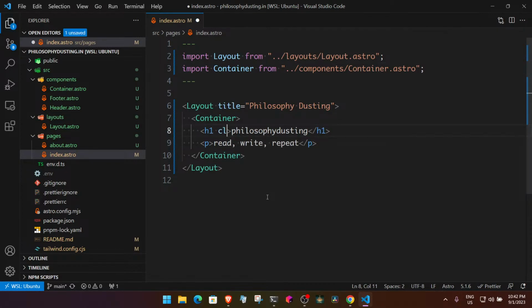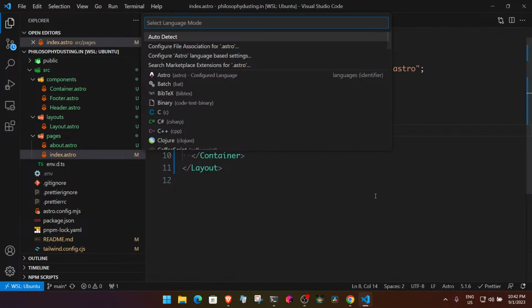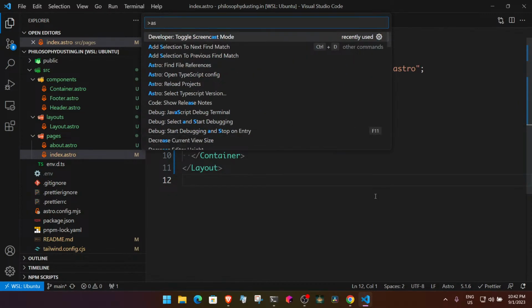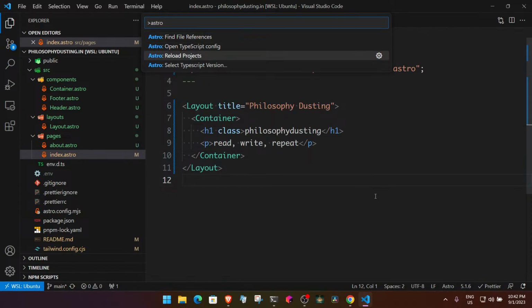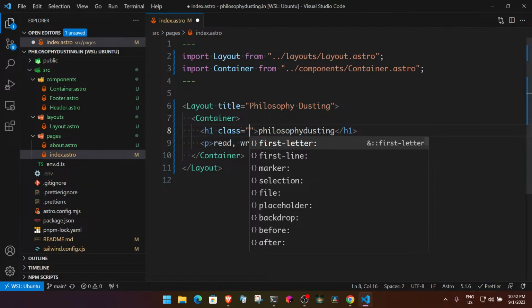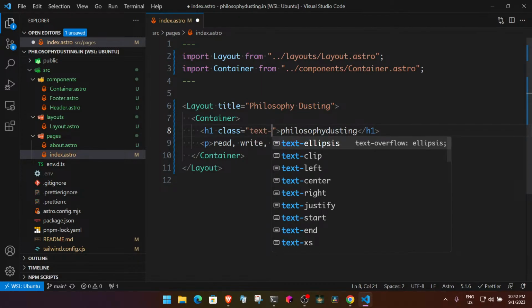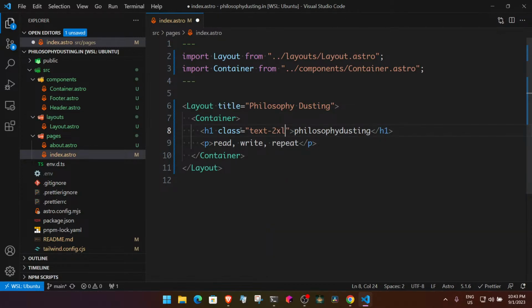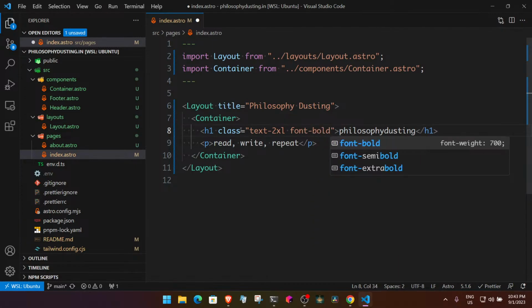Here I will need, what happened to the Astro? So it kind of broke. This should be 24. So let's see. 2XL, font as bold,